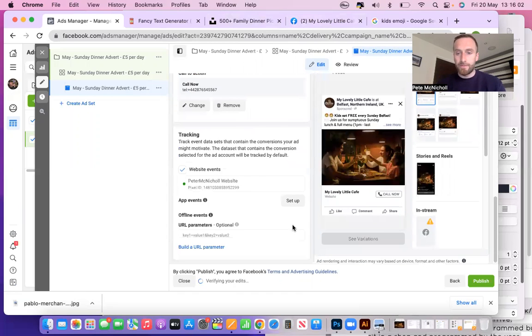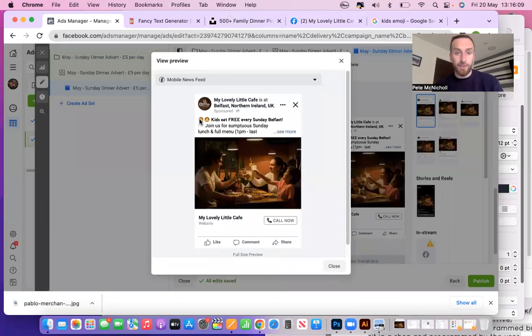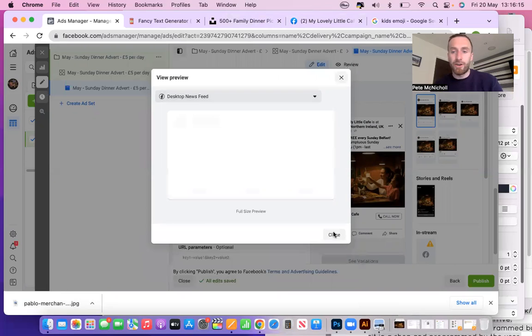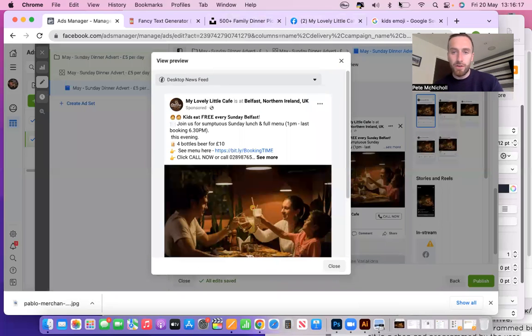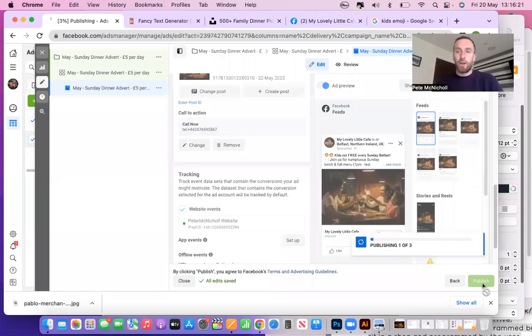There we go. And really happy with that. That's all good to go. If you want to look at it, that's what it looks like on a mobile phone. There's what it looks like on a website. And that's your advert ready to go. So hit close, hit publish, and now you can put your hands up. You're going to be able to run that for 30 days at a time,